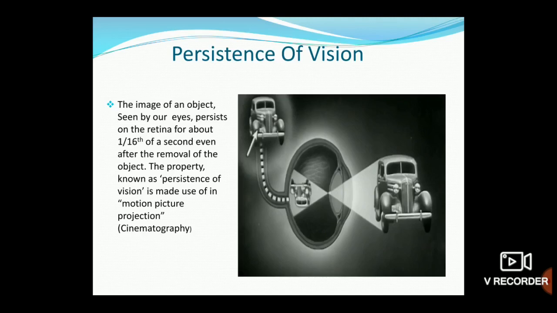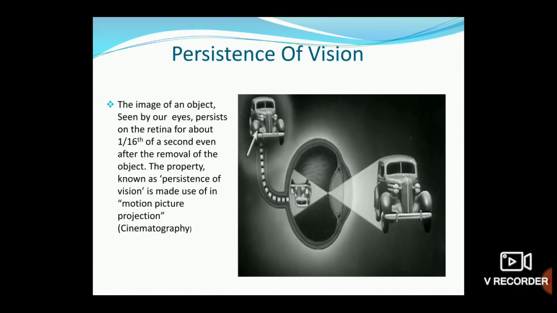The reflection will stay on the retina as long as the object is in view. Suppose we take the object away from the eye, then the object disappears, but the image in the brain does not disappear immediately, which means the image does not fade away immediately. Its impression remains on the retina for about 1/16th of a second even after the removal of the object. This continuance of the sensation of vision is called persistence of vision.